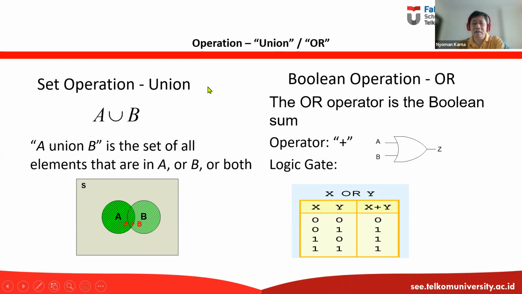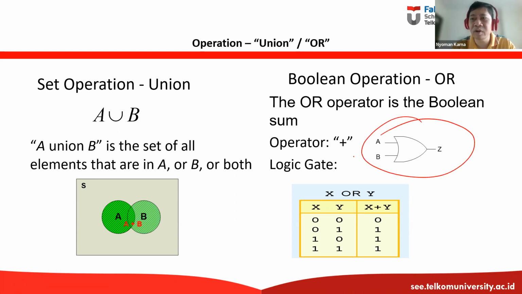This is what we learned from last week's discussion, the union. Union is actually an OR logic function. So it's something like an addition. And the symbol is something like this. This is the symbol of the OR gate. So 0, 0, the output will become 0. It's like addition. 0 plus 1 is 1. 1 plus 0 is 1. 1 plus 1, this one will still become 1.